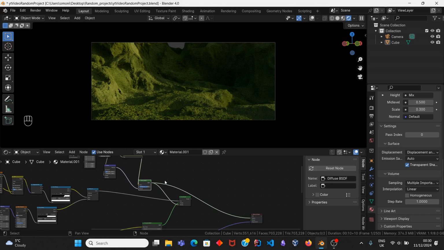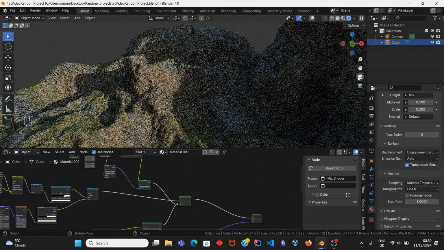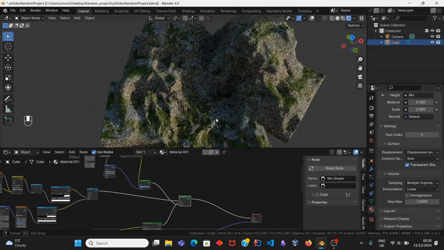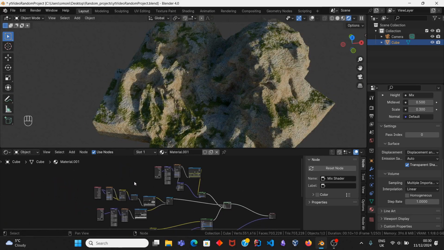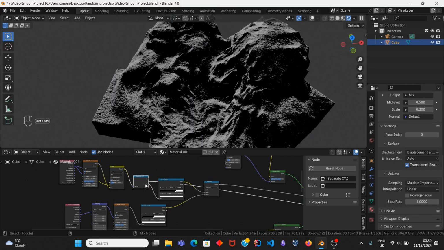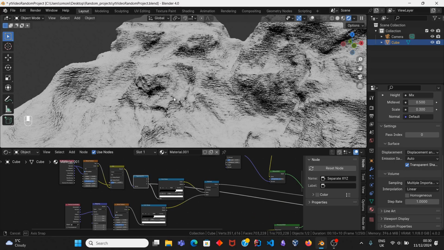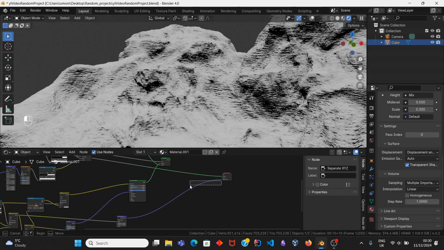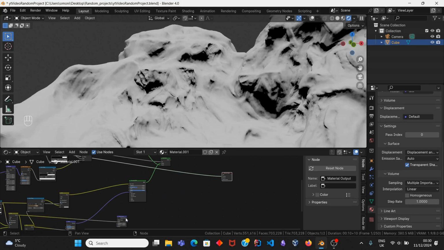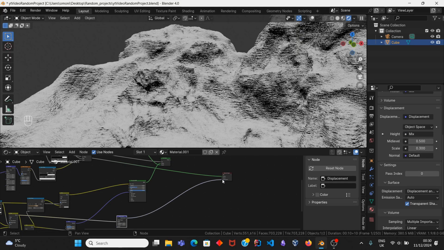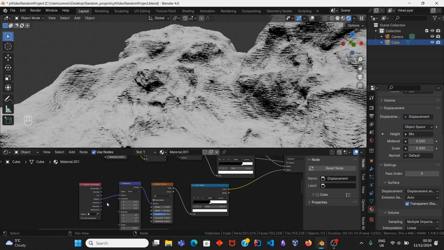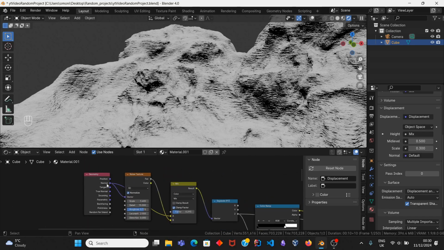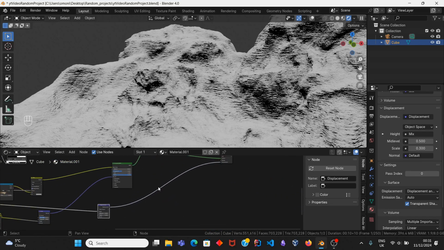So now we're going to mix the two together, and what you're going to see now is that it's not going to make sense at all. Okay, this doesn't look bad, but our Z value now doesn't make sense anymore, right? It's super detailed. But I kind of want that less detailed version back. So what we're going to do is we're going to plug out this displacement, because remember, the displacement is affecting our normals. So plugging in the displacement is going to also change our, where is it? Our geometry and our normal map. So we're going to plug this out,